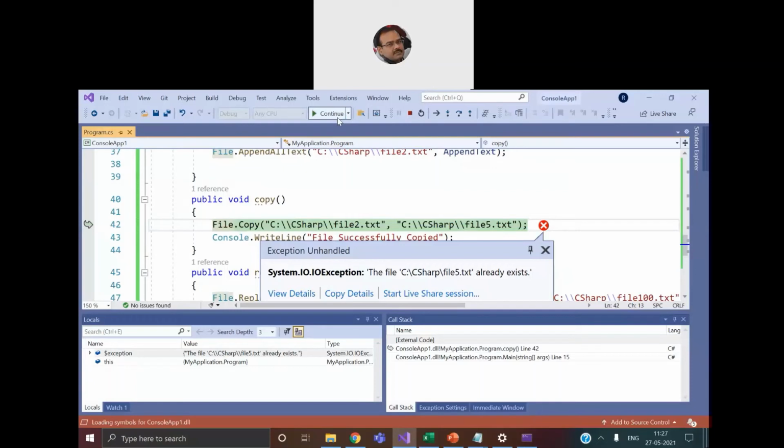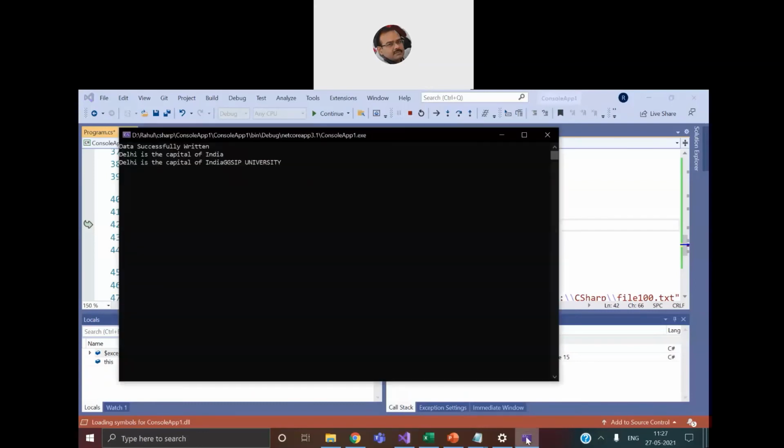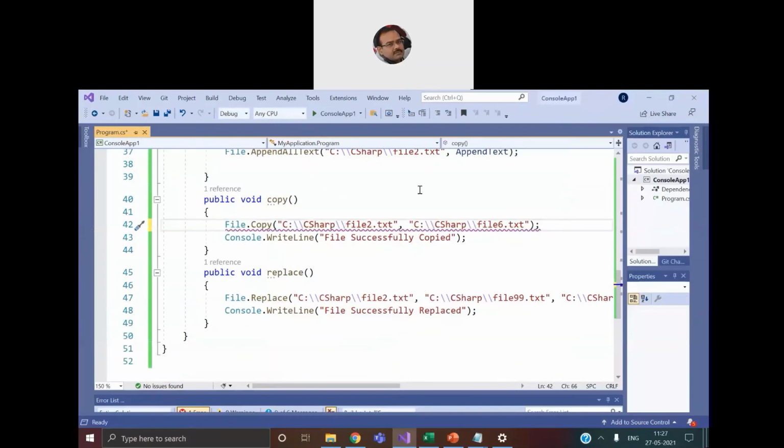So what we need to do is either comment out the copy function or create another file so that this line of code does not give a problem to us. So we can close down this running command prompt window and then rerun the application.